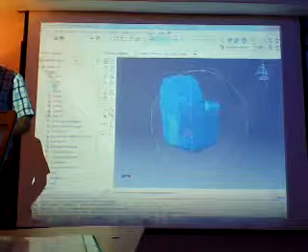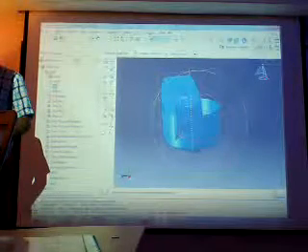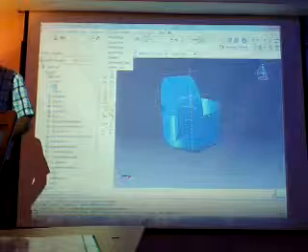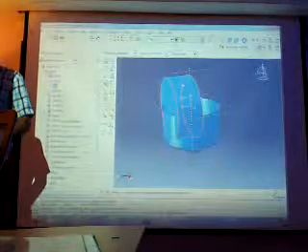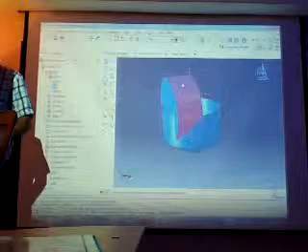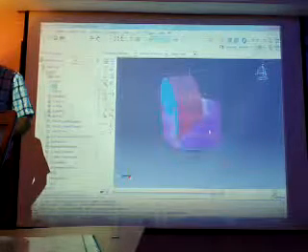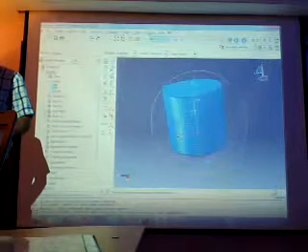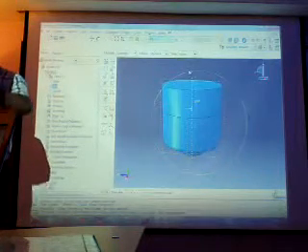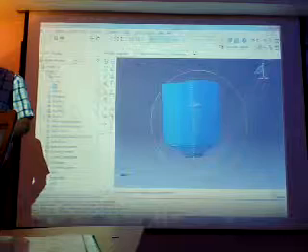Now we need to make these two coaxial. In constraint we have coaxial. For coaxial you need to take two cylindrical surfaces, first surface and second surface. Okay. Now these two parts have a little bit